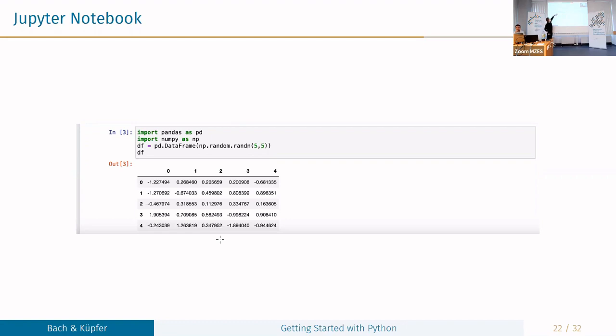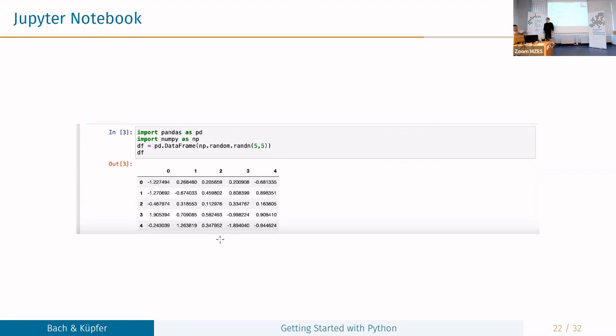If I would do this in a standard script, say in Spyder, then I wouldn't get this nicely formatted table. I don't know what would happen if I just call it df in the script. I think there would be some textual output instead in a console, but yeah.